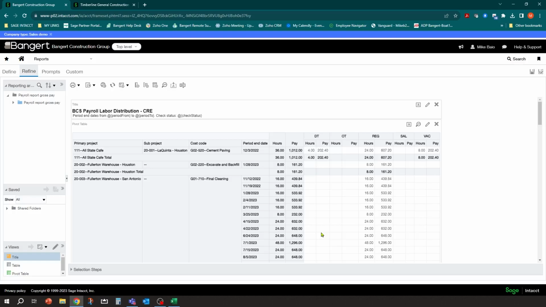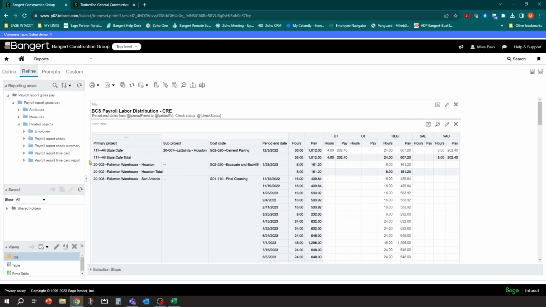So just like the custom report writer, we've already picked the main report, and this is payroll report gross pay. And now you'll notice here, just like the custom reports, you have your related objects. So your related objects here are all those other records we can get to, and you could expand on this. So there's the same kind of area. Because we started with the gross pay, it's given us access to time card information and check information. So we really have access, and employee, really have access to a lot of information in the area.